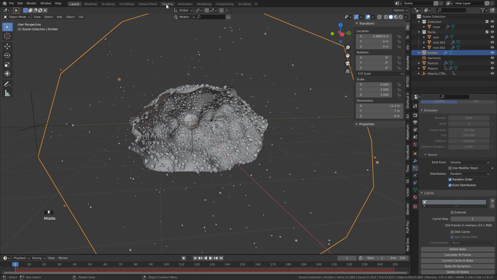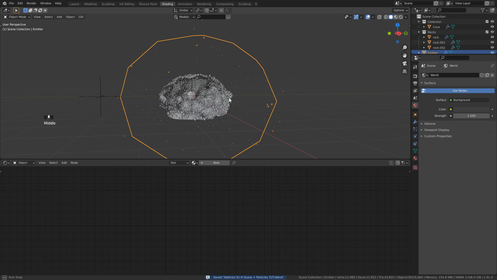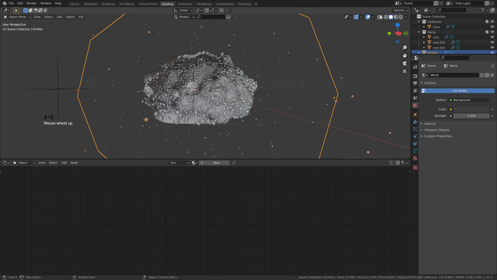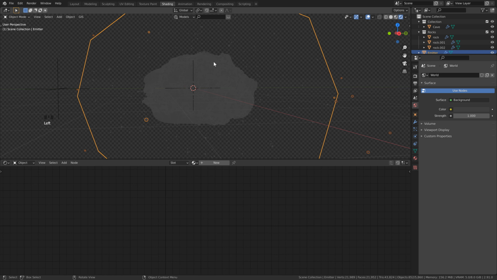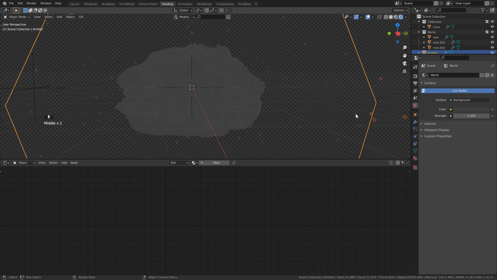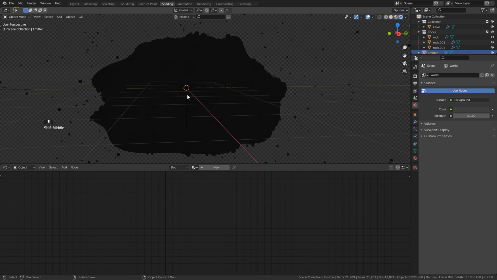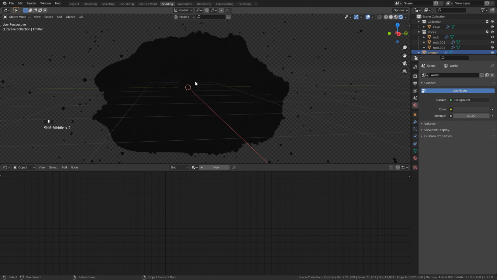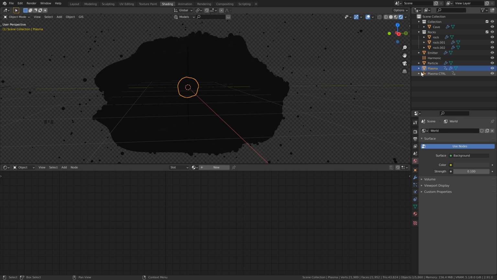So head up to the shading tab, then just recenter your frame, head up to the right, and we're going to turn on our render preview. Of course, we're just going to have basically a gray reflection, just because if we go into the world tab here, you can see that we've just got a gray background. So we are going to use this color, but we're going to turn the strength down a little bit by typing in 0.1. For this scene, the only light that we have is basically the emission from our plasma ball,